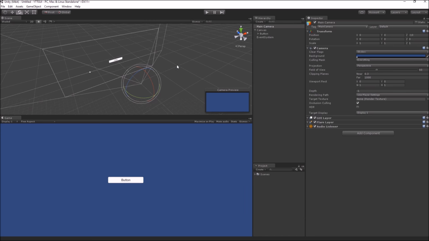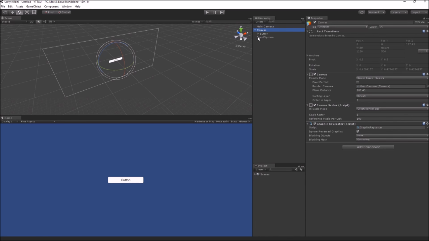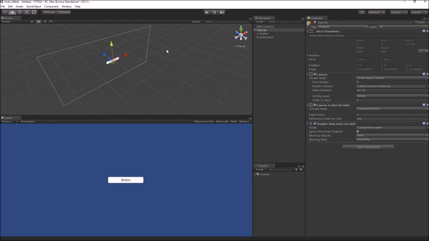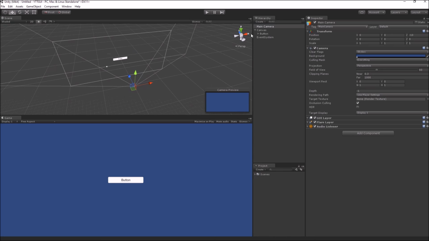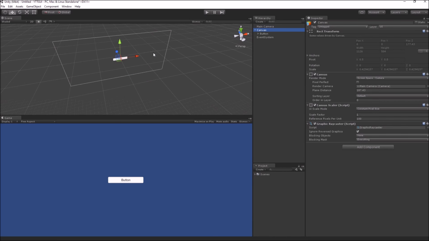So I can move it farther from my main camera, as you can see in the scene view. However, even in this mode, the canvas is placed such that the whole canvas is directly applied to the whole screen, so you can't have some portions of the canvas visible on the screen and some not. The canvas is still not a complete 3D object that you can move freely. In Unity, you can only control the distance of the canvas from this camera, and then that camera will draw that canvas in front of everything on your game screen.